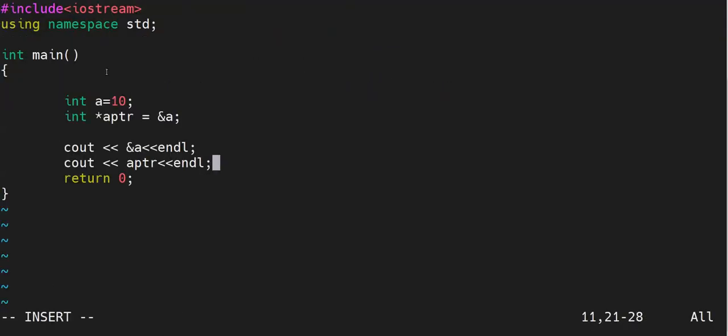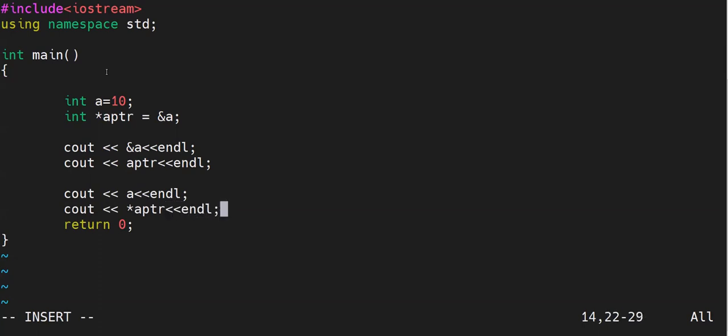Now let us see how we can access A using our APTR. This is how you access the value to which APTR is pointing. This is called dereferencing: an asterisk followed by your pointer variable.